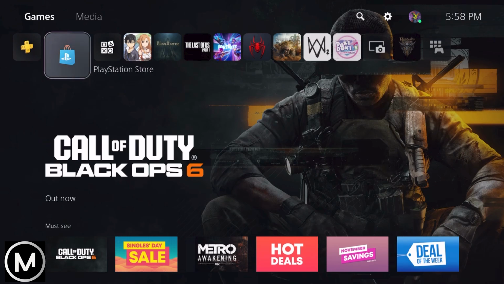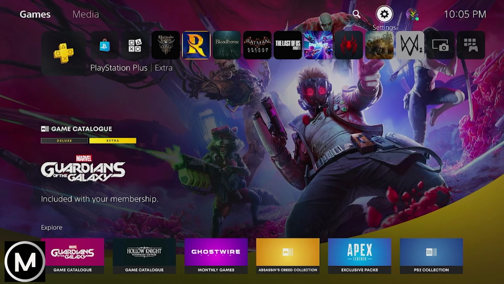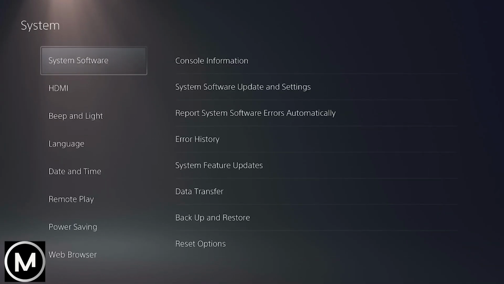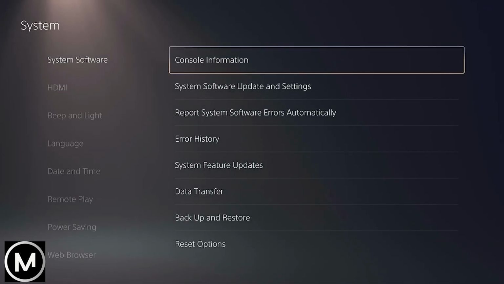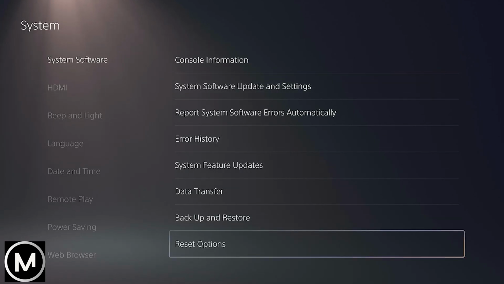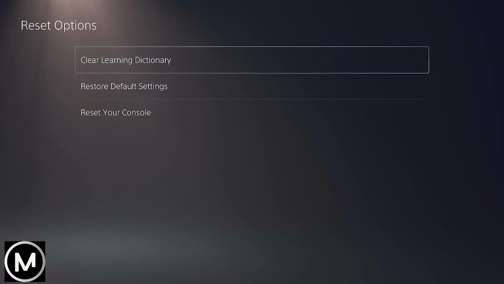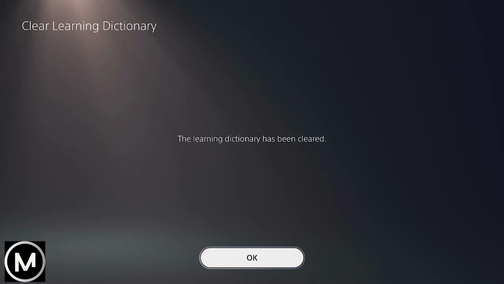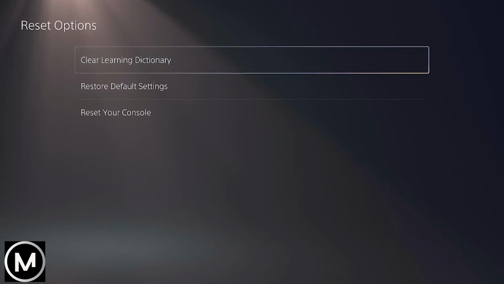Let's get started. From the PS5's home screen, navigate to the right and select Settings. Scroll down and choose System. Next, select System Software. Then, navigate to Reset Options. Choose Clear Learning Dictionary. Confirm by selecting Clear. This will remove terms that were automatically added to your dictionary as you entered them, eliminating the suggested words from